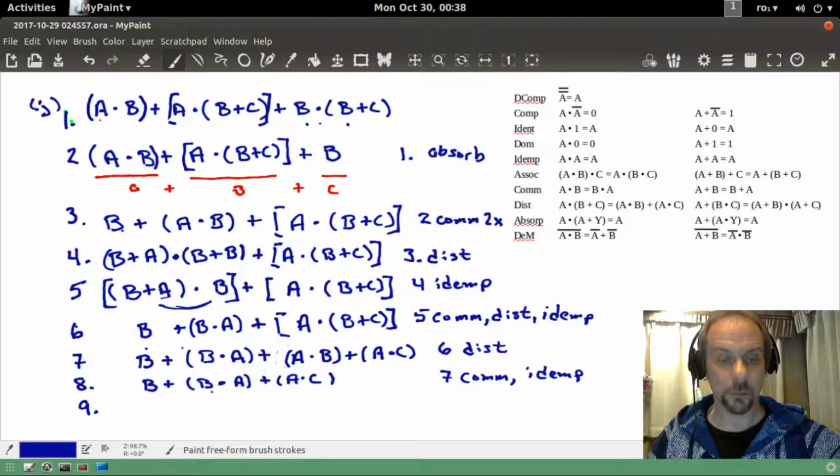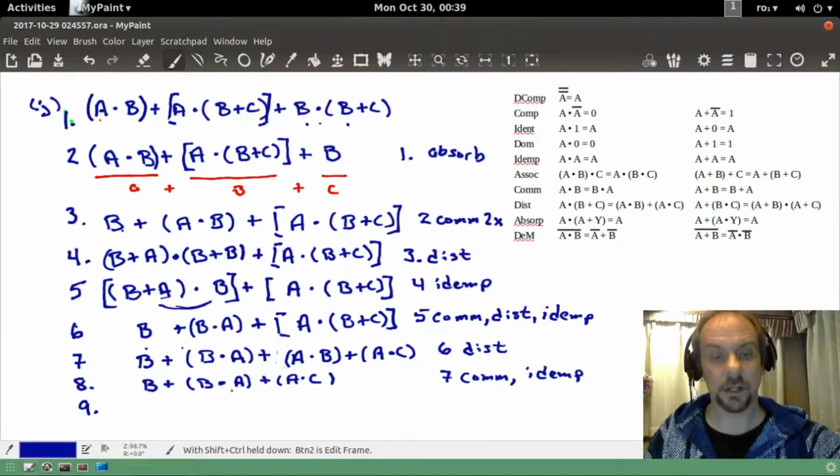Thus, these two B's will collapse, leaving us B or A. So let's go ahead and do this last one. I'm not sure that it makes much of a difference, really. So I'm going to do that. So I'm going to commutate this term here and then distribute out the A's. So I have